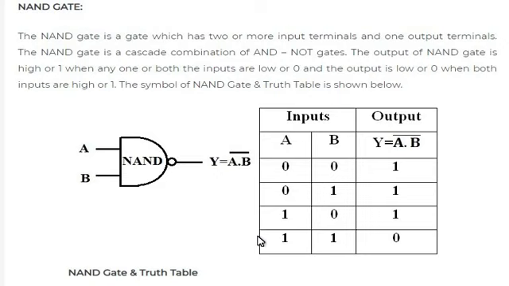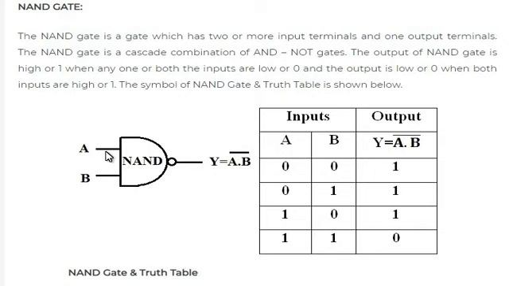Now let us check this truth table. As this NAND gate has 2 inputs, 2 raised to 2 is equal to 4, so 4 possible combinations are there. And this is the Boolean equation, Y is equal to (A dot B) complement. So let us check case 1. If A is equal to 0, B is equal to 0, 0 dot 0 is 0 and the complement of 0 will be 1. If A is equal to 0, B is equal to 1,